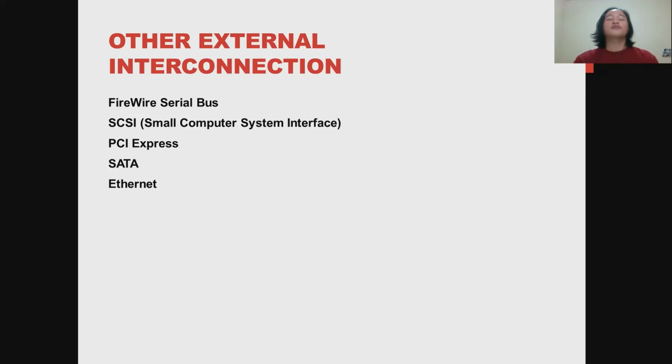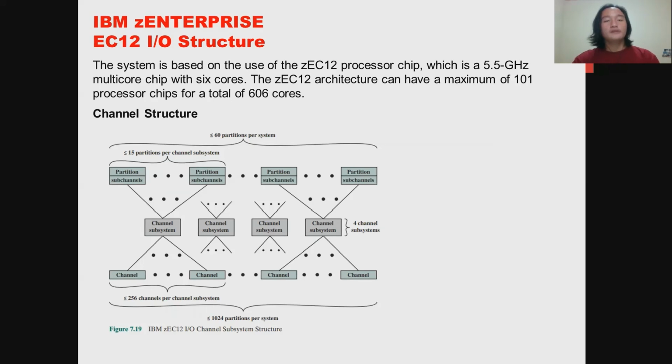Other interconnections are the FireWire serial bus, the SCSI, which is Small Computer System Interface, PCI Express, SATA, and Ethernet. The IBM zEnterprise EC12 input-output structure. The system is based on the use of the zEC12 processor chip, which is a